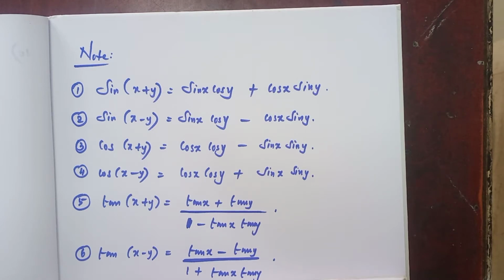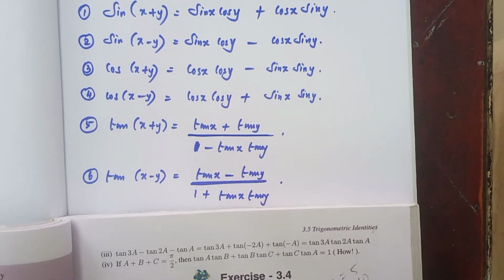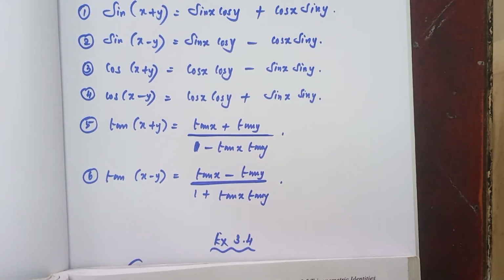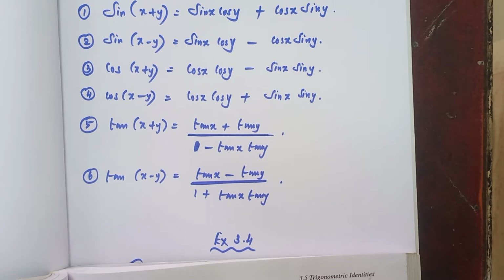Number 5, tan of x plus y is equal to tan x plus tan y, whole divided by 1 minus tan x tan y. And number 6, tan of x minus y is equal to tan x minus tan y divided by 1 plus tan x tan y. Right. Now,